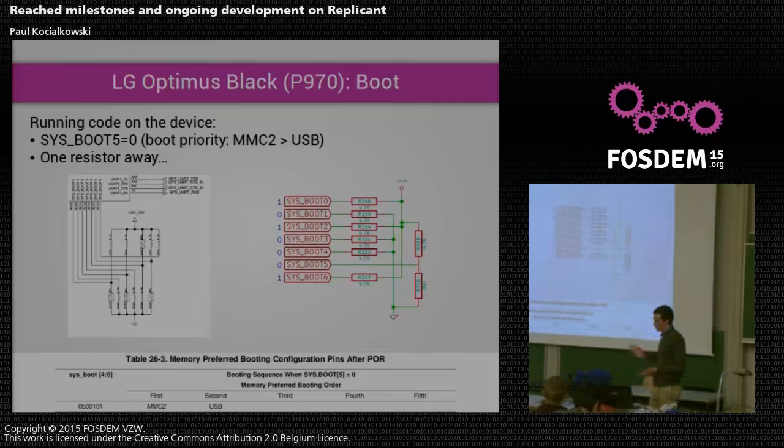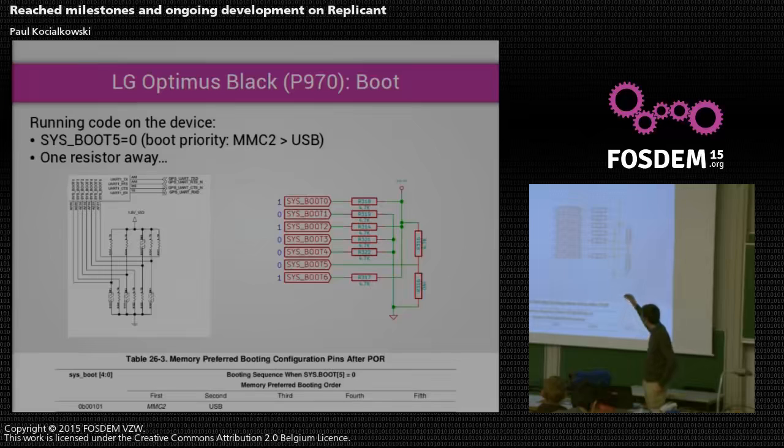So what I did basically was to open the device. You get the board out of it like that. Just get a very good lens, and you just try to see whether that resistor is there or not. Eventually I came up with this schematic, which is the reality, what's actually on the device.